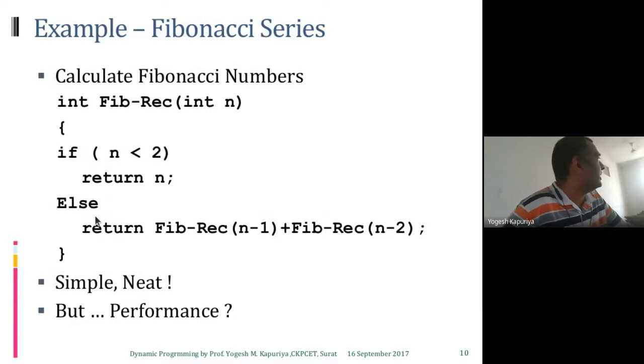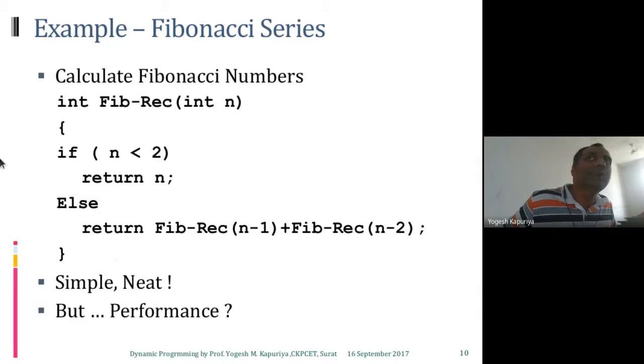But as in any recursive program, you must have some terminating condition. What is that terminating condition? When your n value is less than 2. Because Fibonacci of 0 is 0, Fibonacci of 1 is 1, and Fibonacci of 2 is 1 plus 0. That means from 2 onwards we apply this equation, that Fibonacci of n is equal to Fibonacci of n minus 1 plus Fibonacci of n minus 2. Till number 2, we are not following that equation. Fibonacci of 0 and Fibonacci of 1 are base conditions, so we are excluding them in this algorithm.